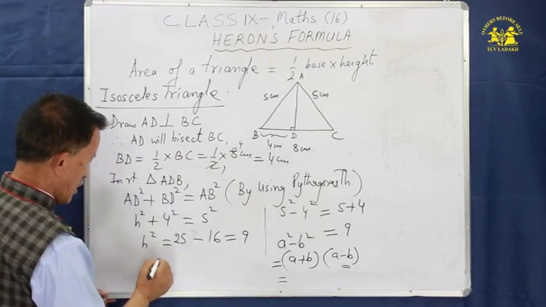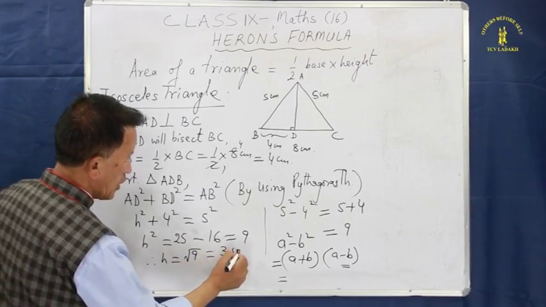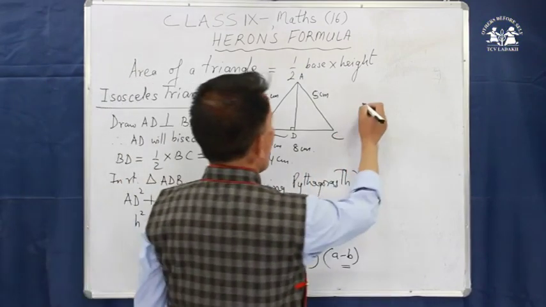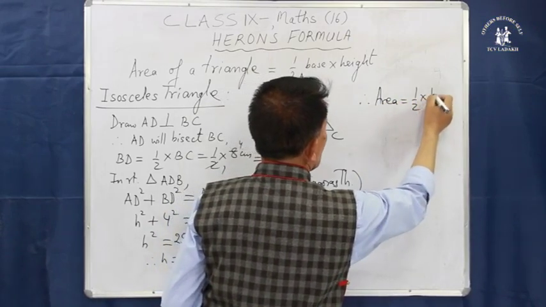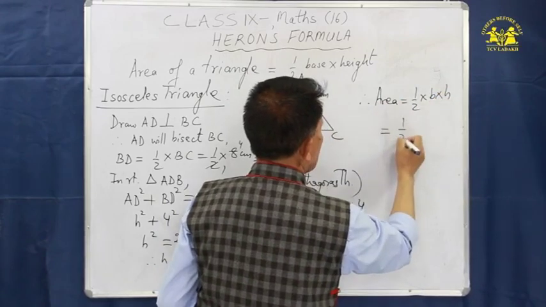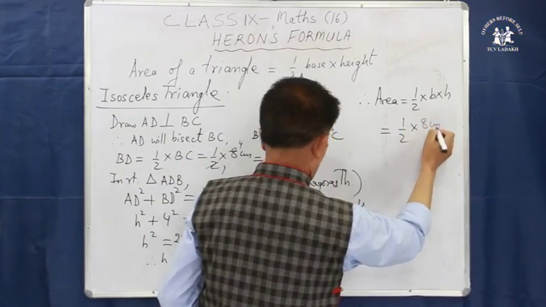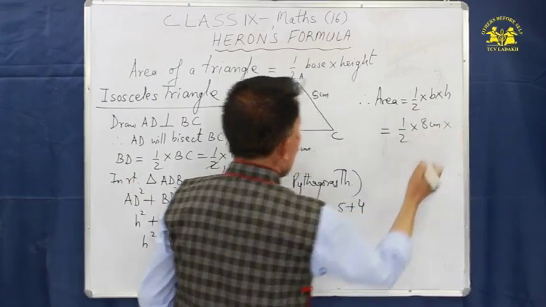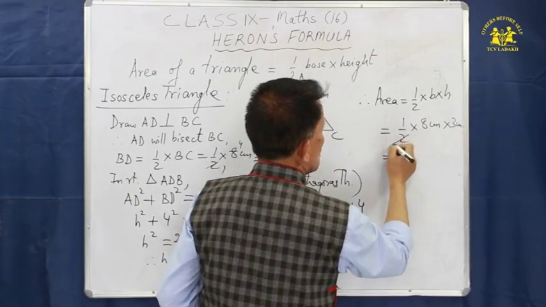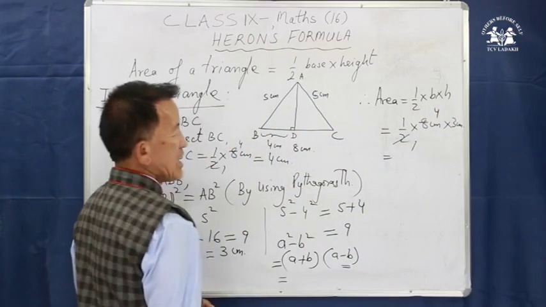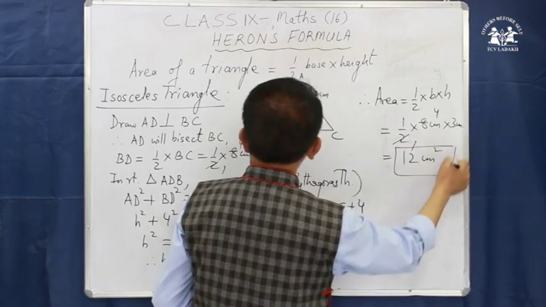So therefore h is equal to the square root of 9, which is equal to 3, or h is 3 centimeter. So the area of this triangle is equal to half into base into height. Half into what is the base? Base is 8 centimeter into height is 3 centimeter. 2 ones are 2, 2 fours are 8. So 4 threes are 12. 12 square centimeter is the area of this